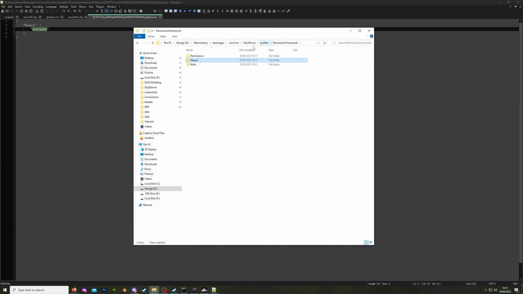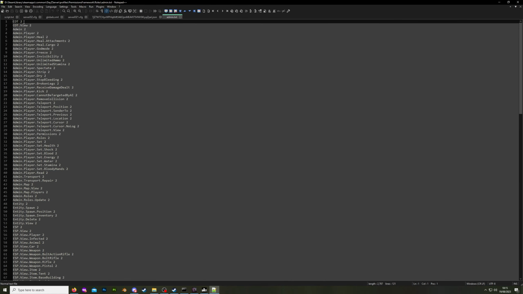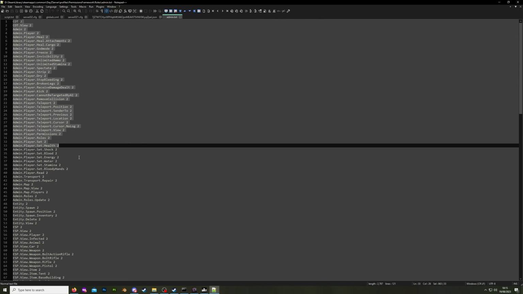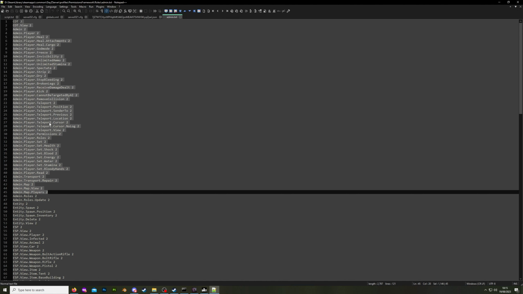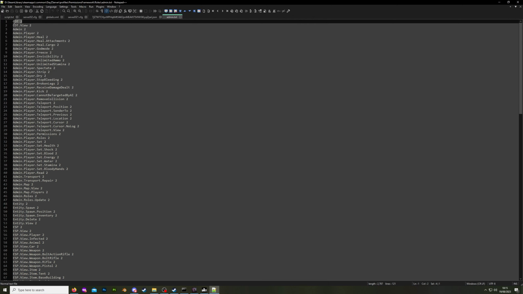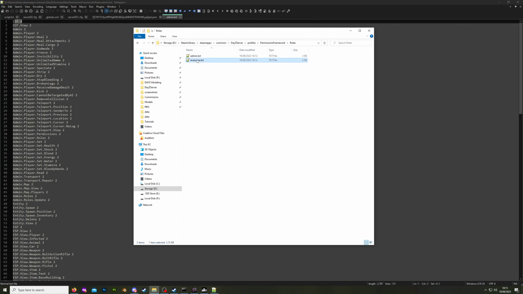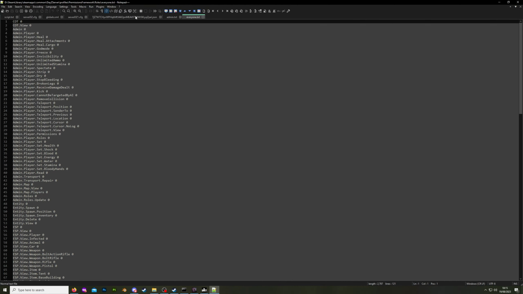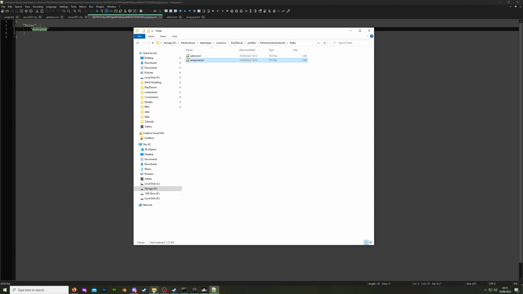So if we go back and look in the roles folder, you can see there's an admin.txt. This is giving us the permissions to use different aspects of the tools. Now you can see here admin.txt is everything labeled with a 2, everyone.txt is a 0, and if we look at ourselves in